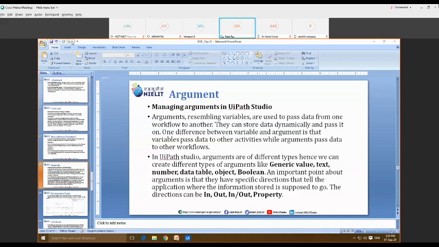Thank you, sir. So now after this, we have discussed the variable in much detail, starting from the naming convention and four different types of fields: the name, variable type, scope, and the default, and how we can create and delete the variable. Now the last topic for today's session is argument. So we'll see what an argument basically is, and we'll try to understand the argument in much detail.